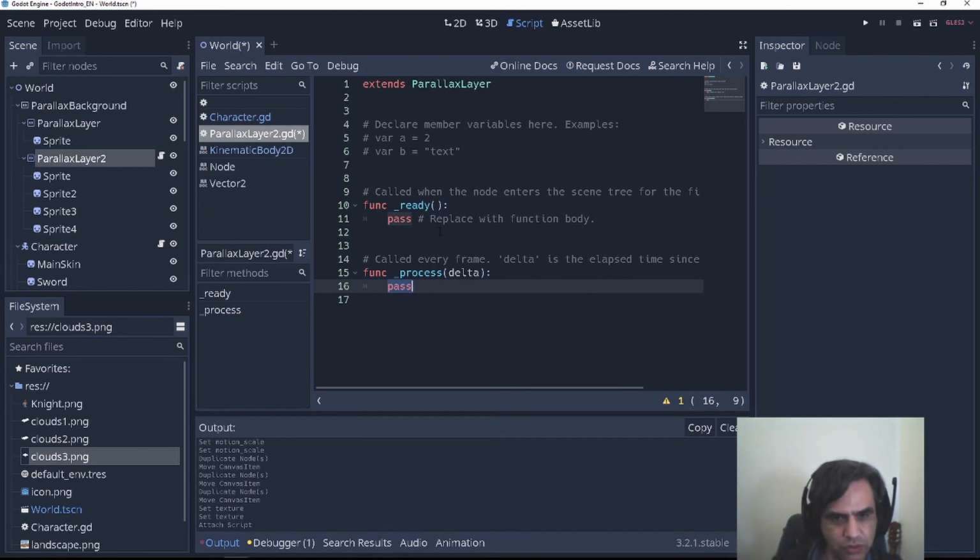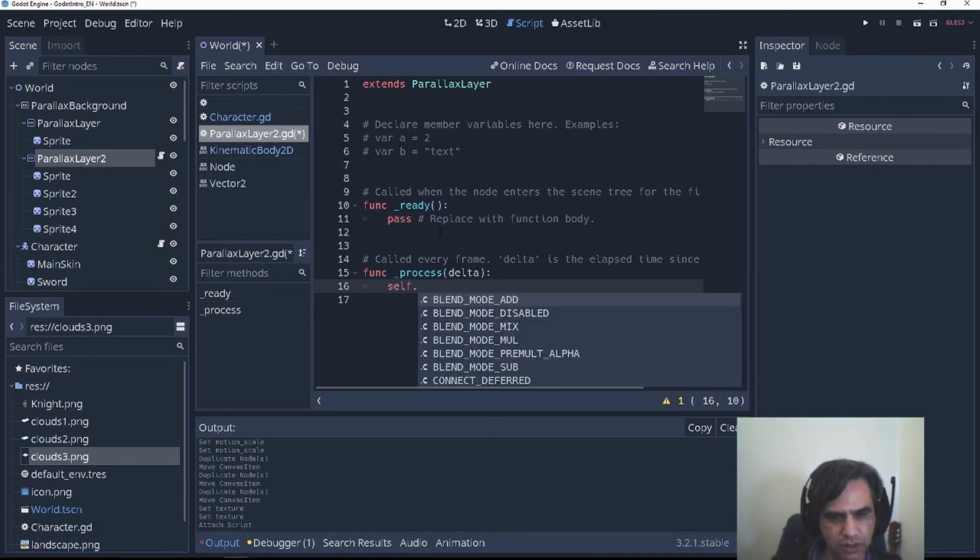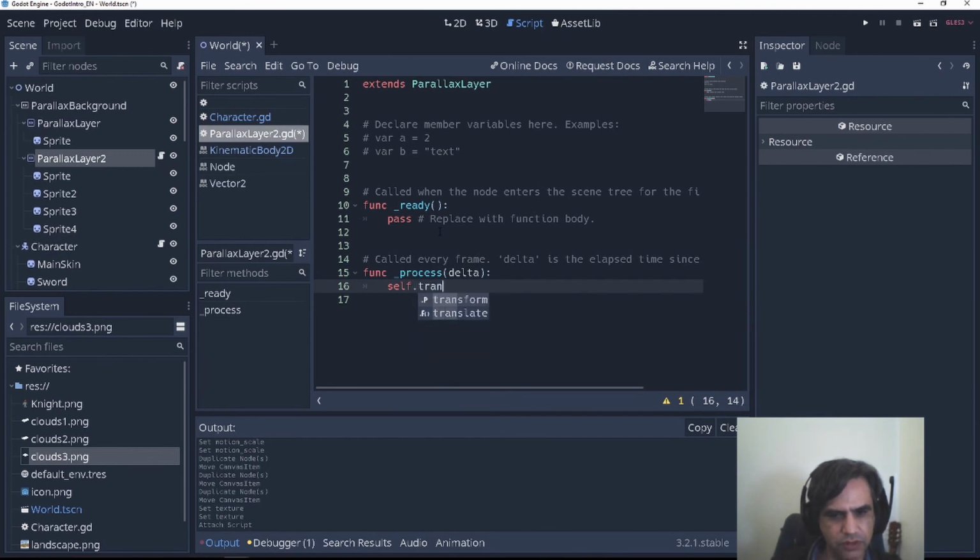I want to self transform origin x, and I'm going to add 10 multiplied by delta. Let's see if this works.